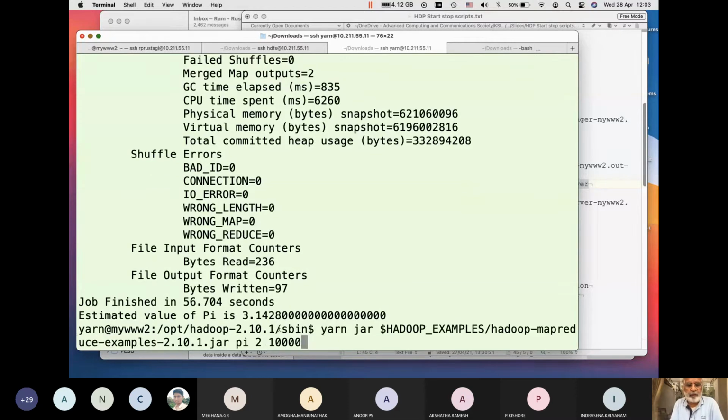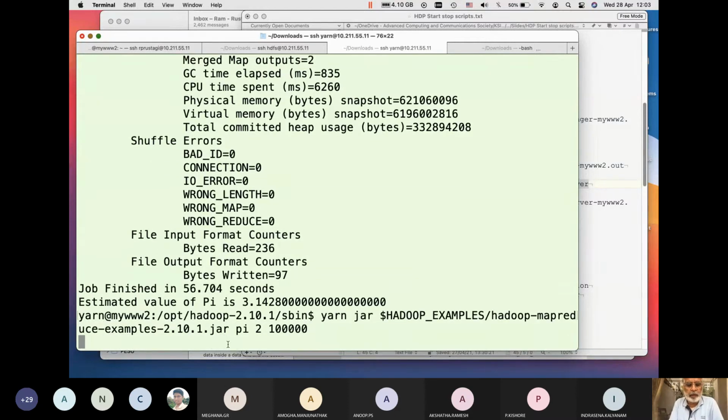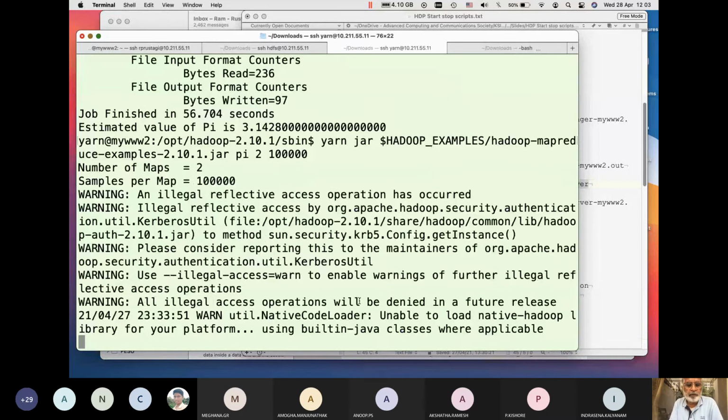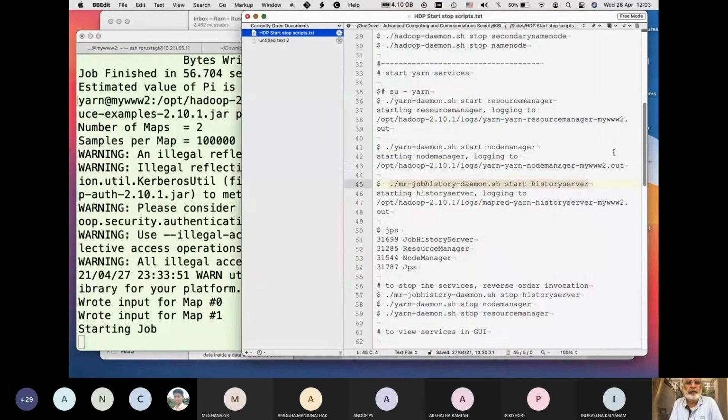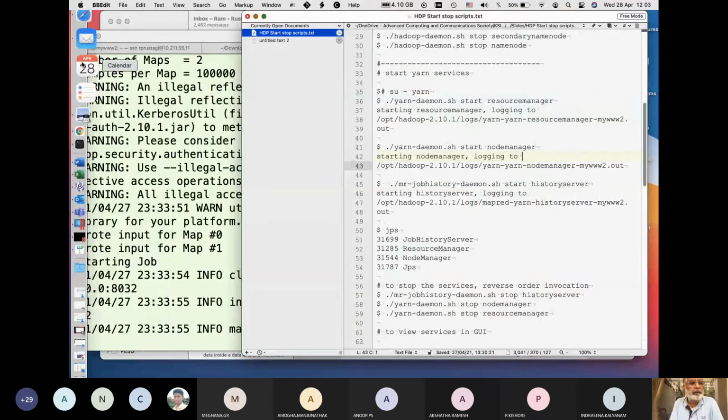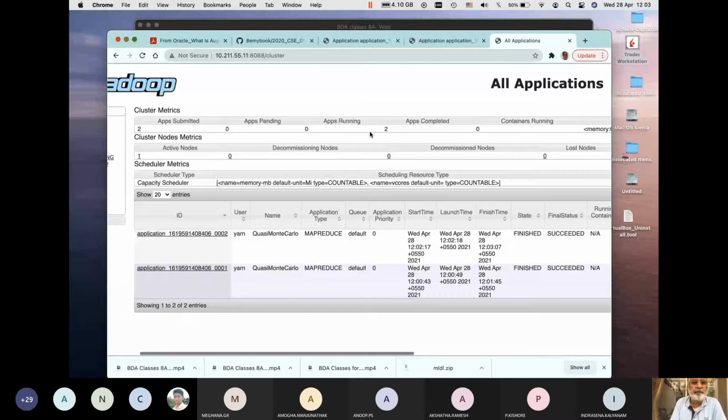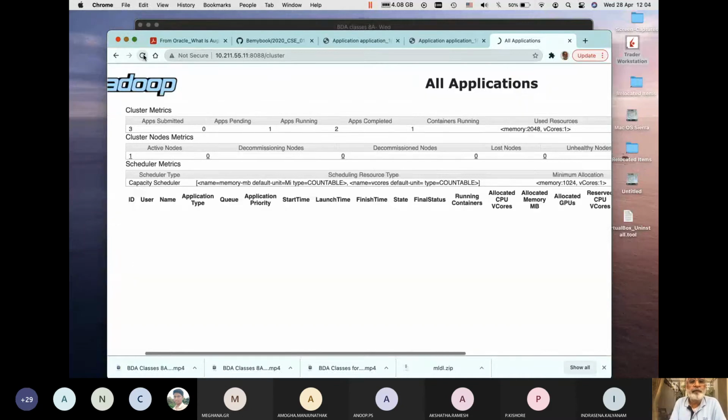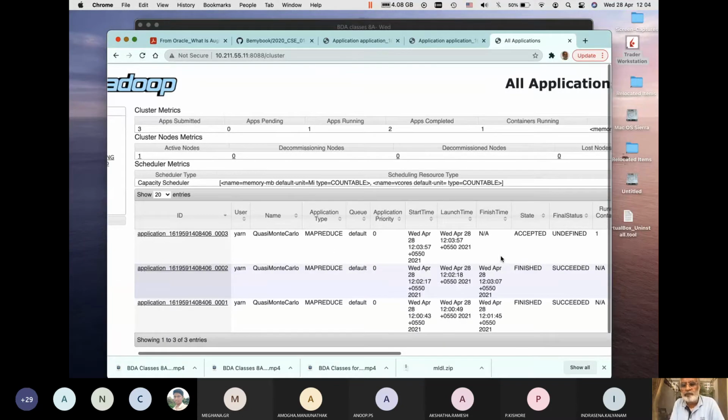Now let me run maybe with higher values, and we notice job number 3. I'll go to my browser and see where things are. If I refresh it, you'll see the third job is accepted.